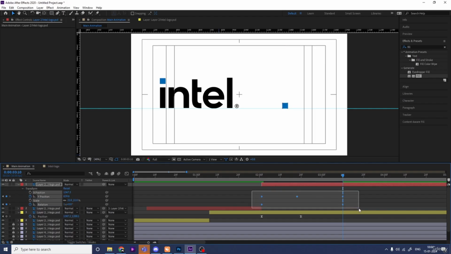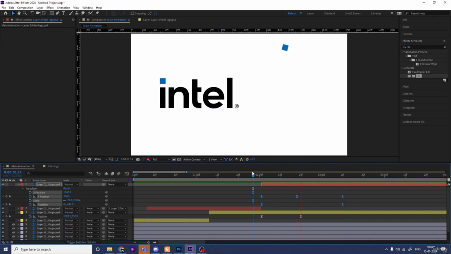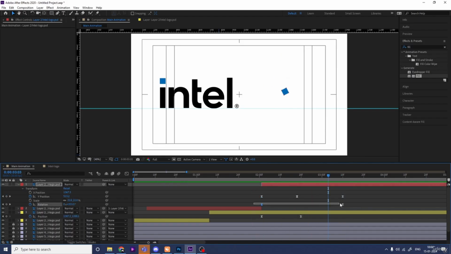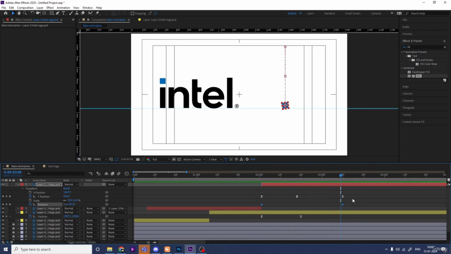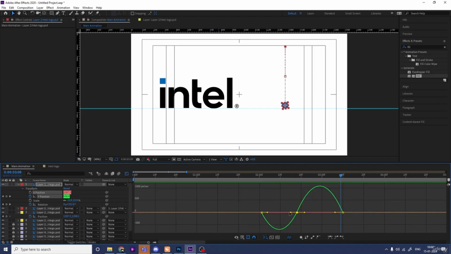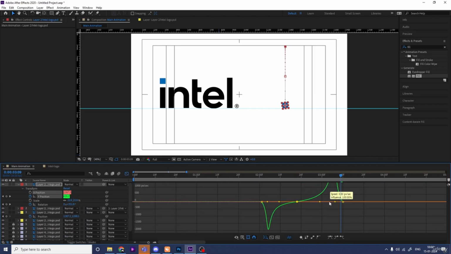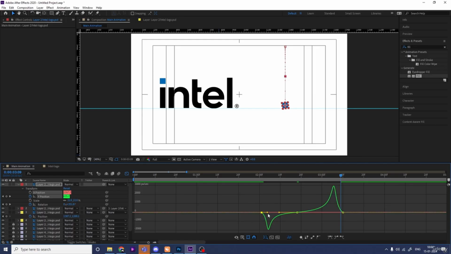Select those keyframes and hit F9. Okay, also select those rotation keyframes and by holding Control I'm going to reduce the rotation animation. Now select those positions, go to the graph editor, select this graph, hold Shift, move this handle over here and this handle over here, move this handle over here, select this and move this handle over here